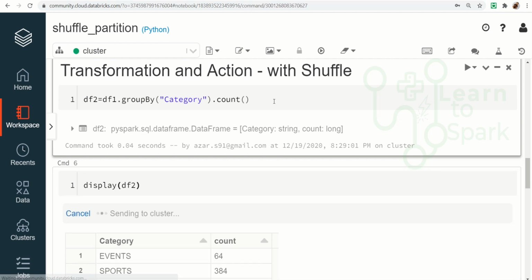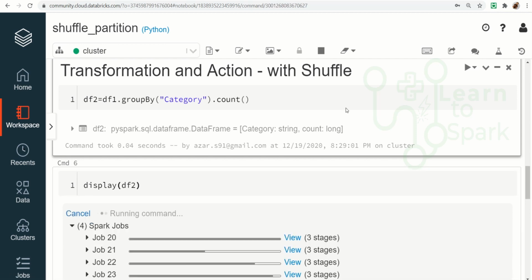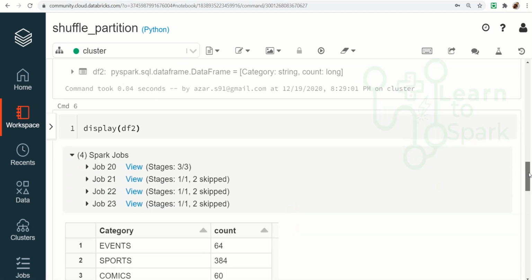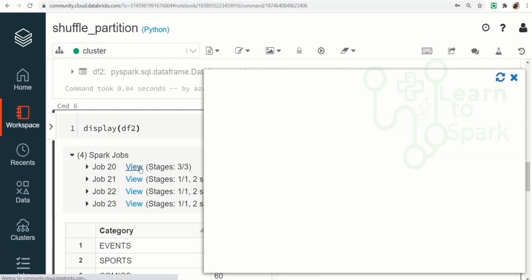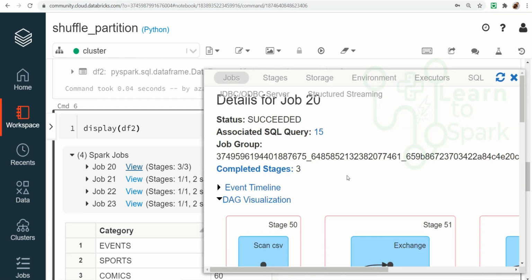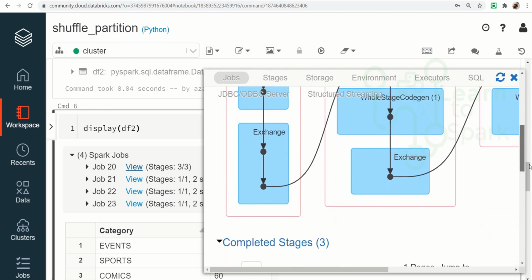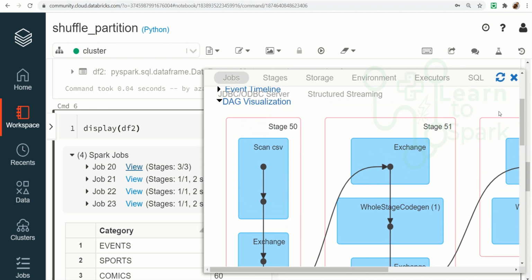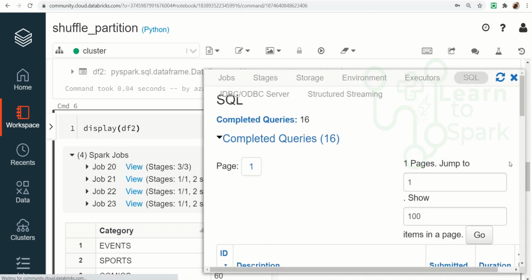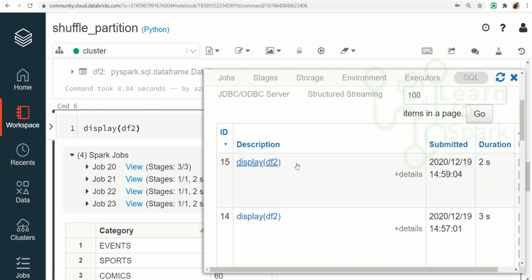And display df2. Here you can immediately find a difference. There we had 5 jobs whereas here only 4 jobs. And here as well we have the exchange. At the output level and in the process level there will not be any difference, but only at the partition level: instead of 200 partitions it would have included only 100 partitions. Let us check that.